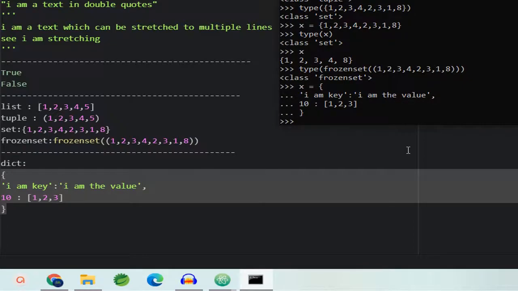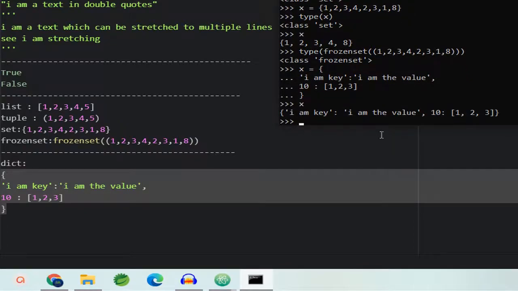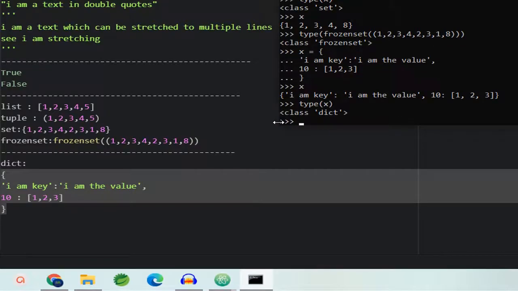So x is basically a dictionary here, and you can see 'I am a key' is a key, and the value is 'I am the value', or 10 is a key and the value is a list, 1 2 3 is a list. And the type of x is nothing but a dict or a dictionary.